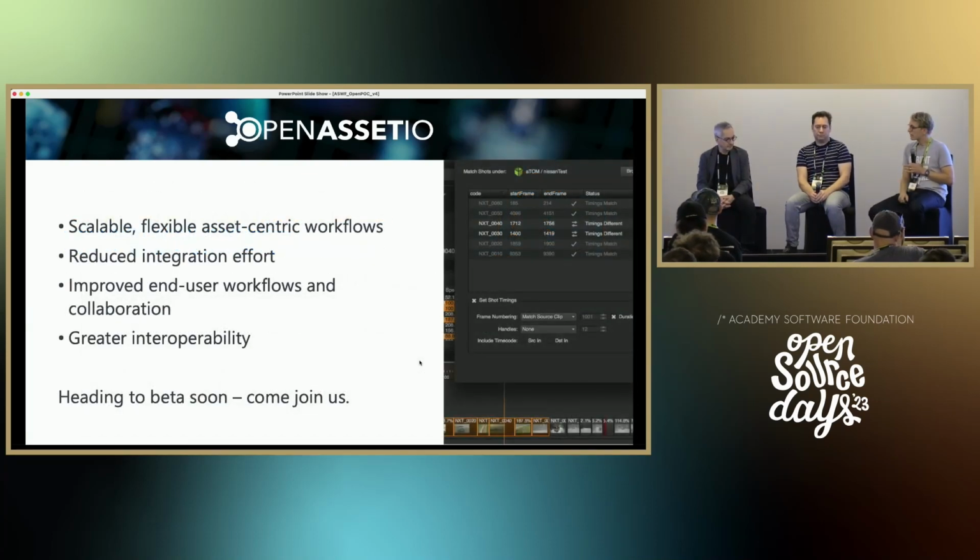So a bit of a plug here, like the vision here is really about trying to build first-class asset-centric workflows into tools to reduce the integration effort for everyone trying to use this huge ecosystem of products to build a workflow. And we really hope artists just have a better experience at the end of this. So there's a glimpse of the future potentially on the right-hand side here where a timeline application is able to consult with your source of truth to work out, hey, this new edit that I just got given, how does it differ from what everyone in the company is working with at this point in time? So we're currently sort of heading into the beta phase, so we're really pushing to do projects like this where we can help validate the concept.